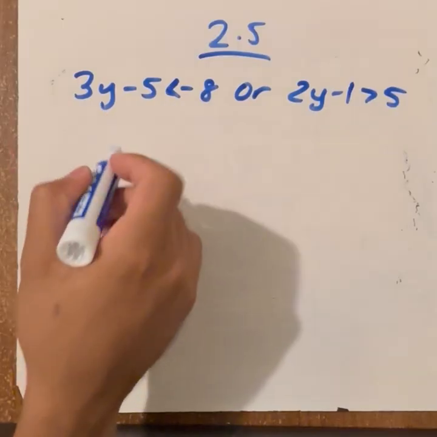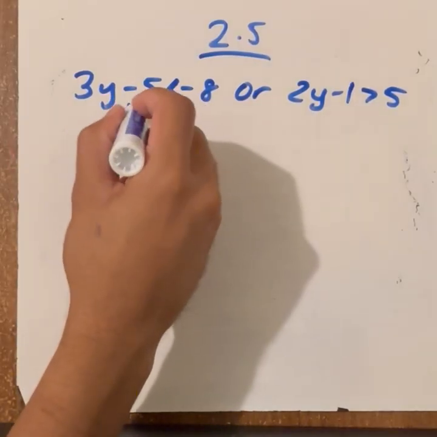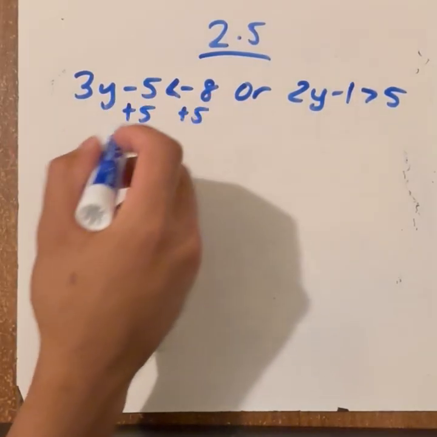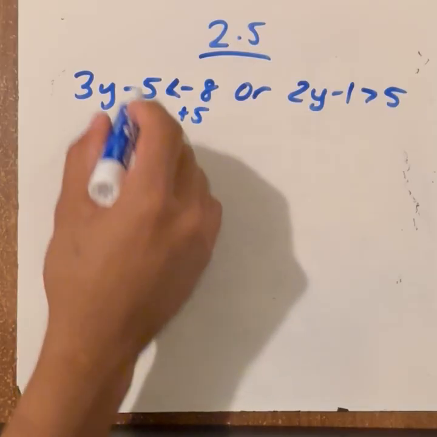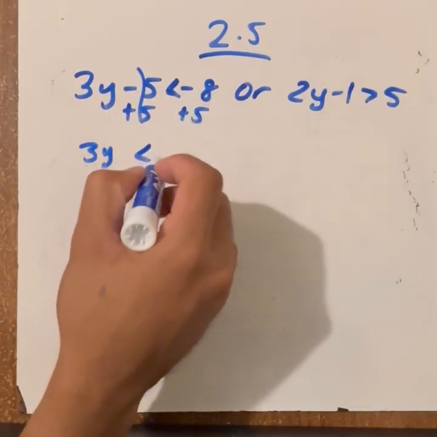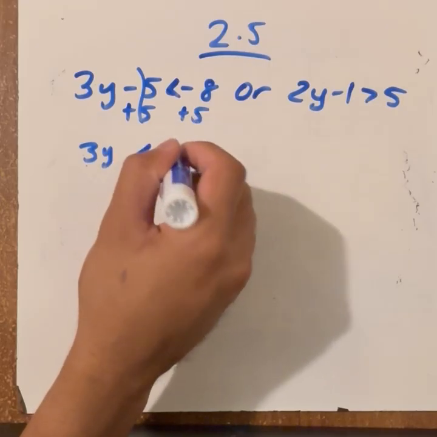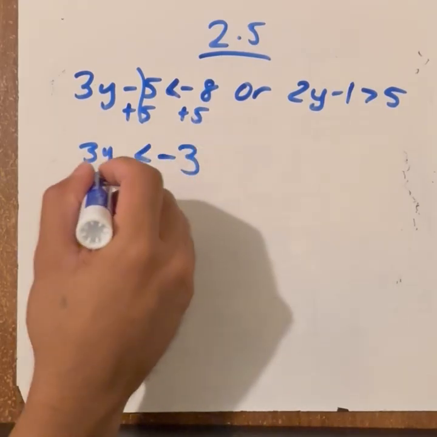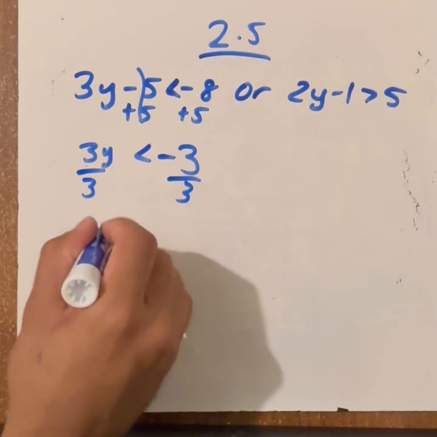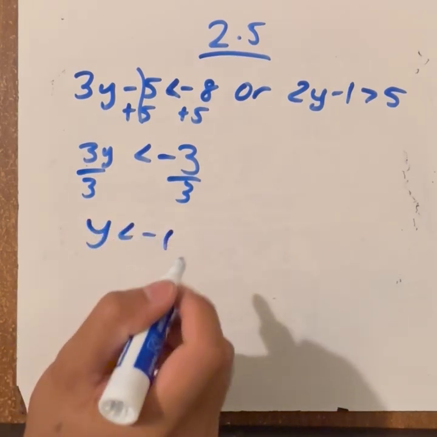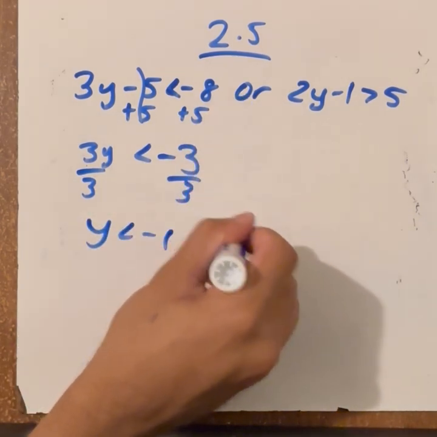Okay, so to solve this one, we have to add the 5 over. Okay, and that gives us 3y is less than negative 8 plus 5, different signs, so subtracting numbers. 8 minus 5 is 3, bigger numbers with 8, so negative 3. And then dividing both sides by 3, y is less than negative 1. Okay, we'll say "or," and then we'll solve this